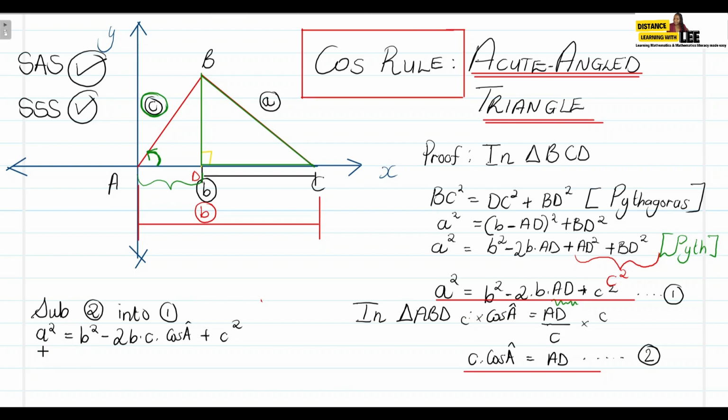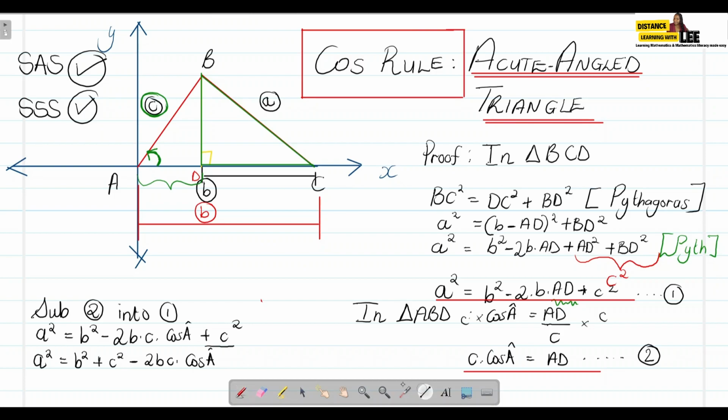So what's left for us to do now is just rearrange these values. So we're going to have b squared plus, we're going to move the c squared to the front, minus 2 times b times c times cos of A. And now we can see that we have proven our cos rule. So I hope that you guys found this video tutorial super informative. What's important that you need to remember when you're doing the proof of the cos rule is that